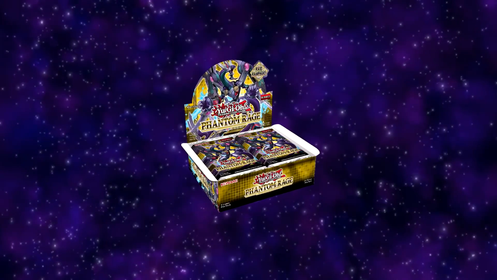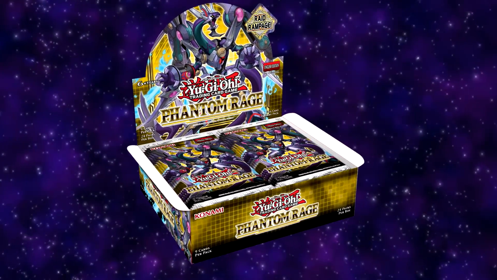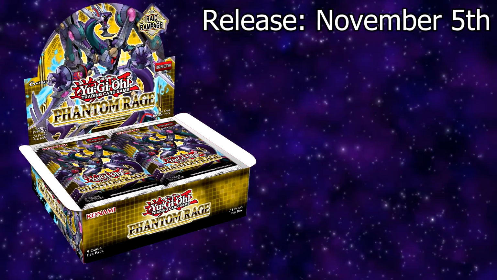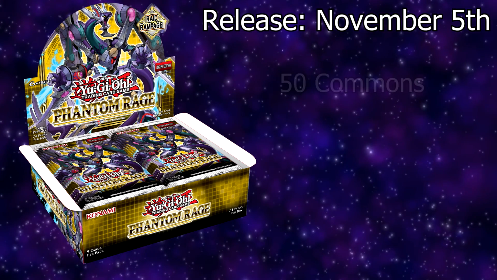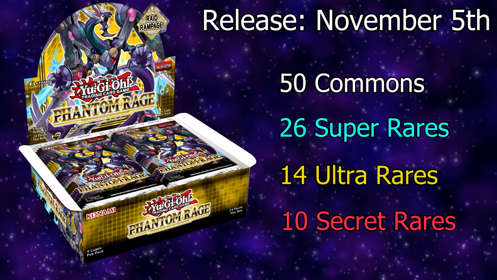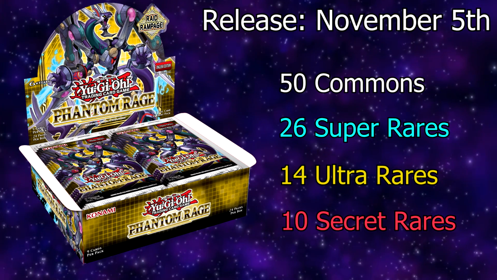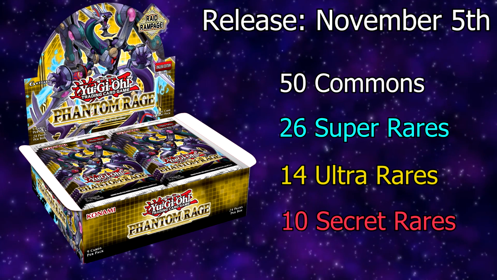Phantom Rage is the next core TCG booster set to be released, launching officially on November 5th. With your standard core set rarity lineup, we see another 100 new cards enter the game in the form of 50 commons, 26 supers, 14 ultras, and 10 secrets. Within these 100 cards, we see a variety of different strategies receiving some long-awaited support, but we also see some